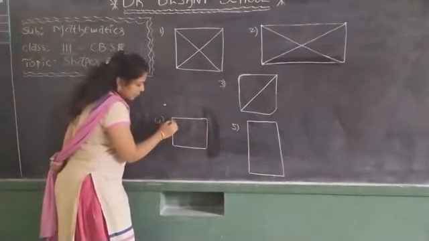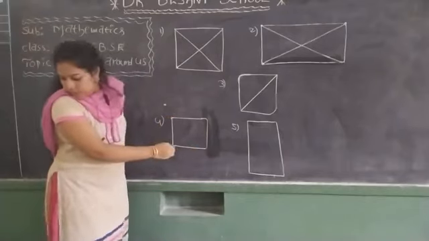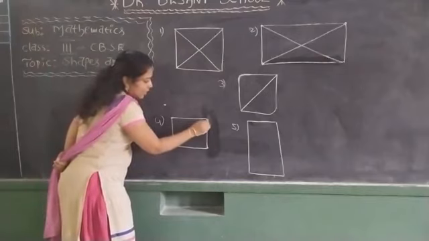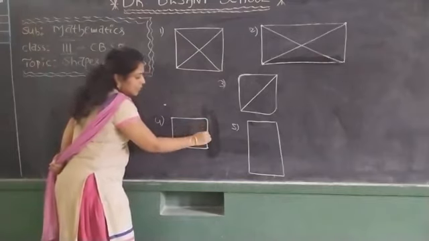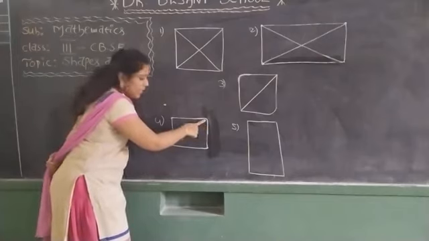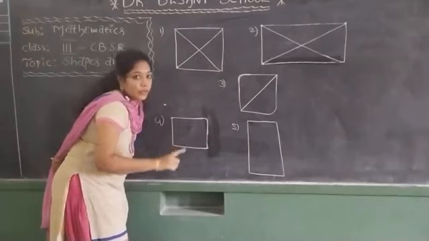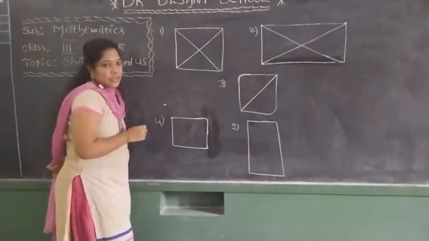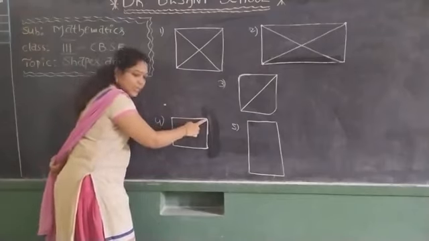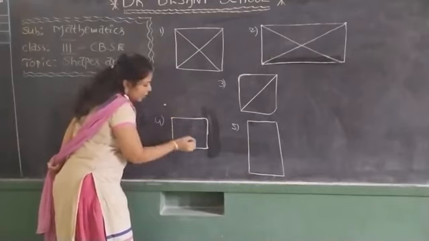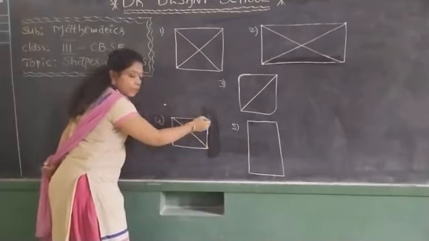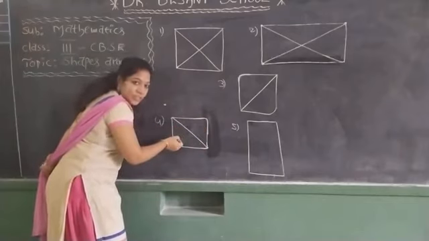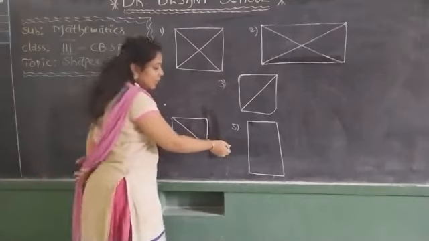Is this a vertex? Yes, a sharp point is there. This one also has a sharp point. Here a curve is there. Observe in your textbook. Here a curve is there. Means this is not a vertex. Can we draw like this for the diagonal? No. Why? Because we need two opposite vertices, but here a curve is there. Means this is not a vertex. That's why we have to do like this only for this diagram. We can't draw the diagonal here. Children understood? Yeah. Now coming to this one.